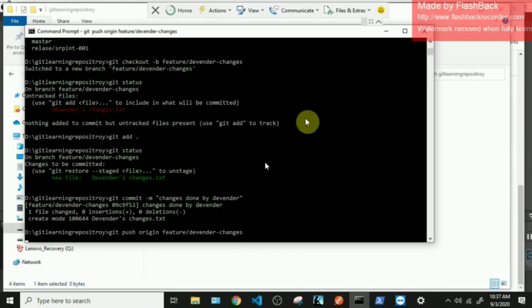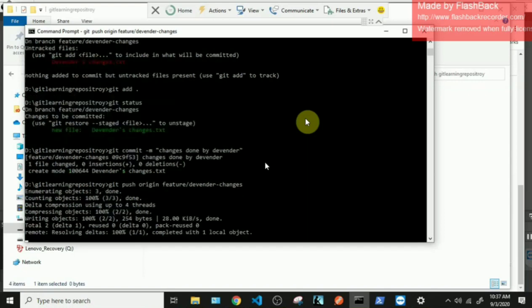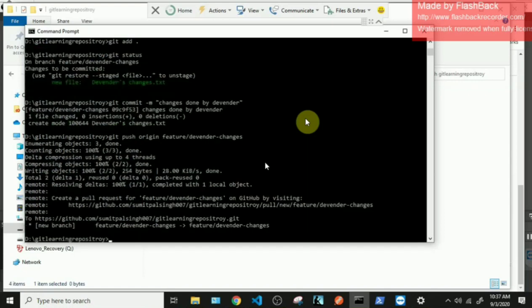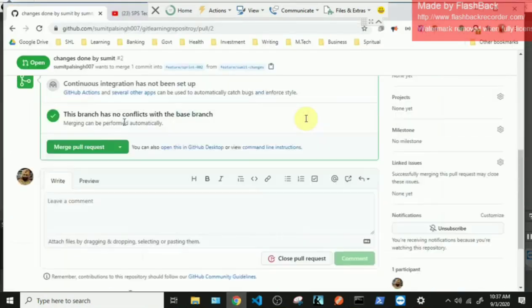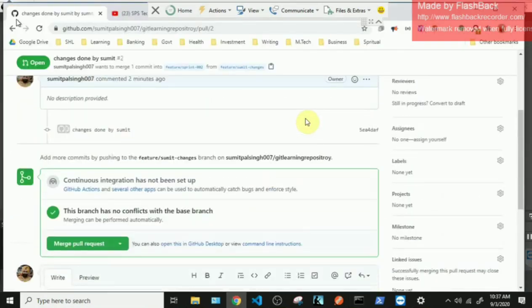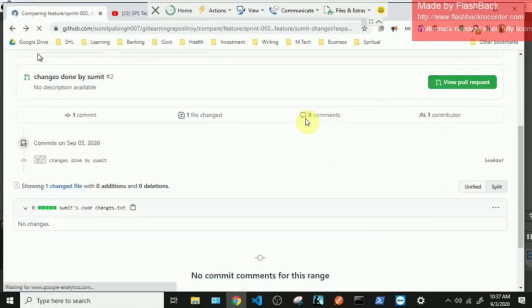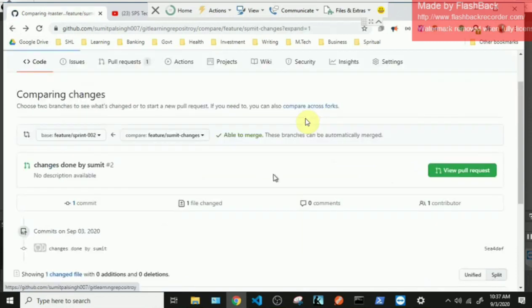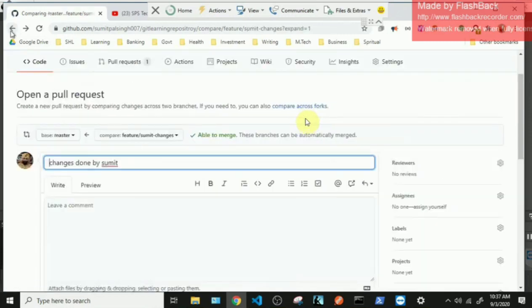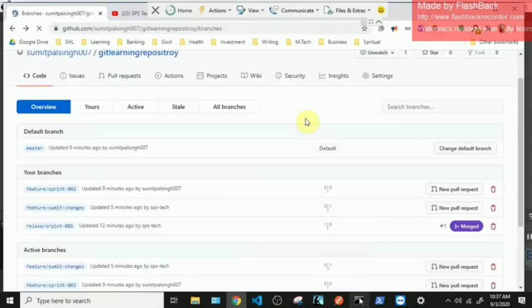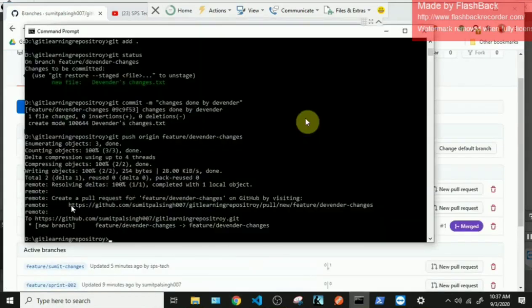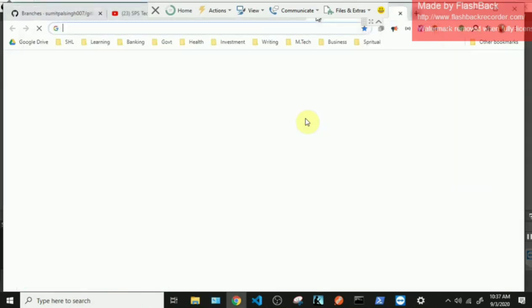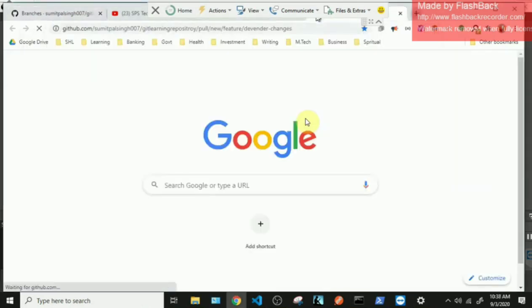So last time when we created a pull request from Sumit's branch, we created it on the server side. We did it by clicking on the button which is adjacent to the branch, which is a good way. But Git provides a very convenient way to the developers for raising a pull request. Whenever you do a push, it gives you a sample URL. If you just copy and paste this URL in a new tab, it will automatically open the create pull request page.